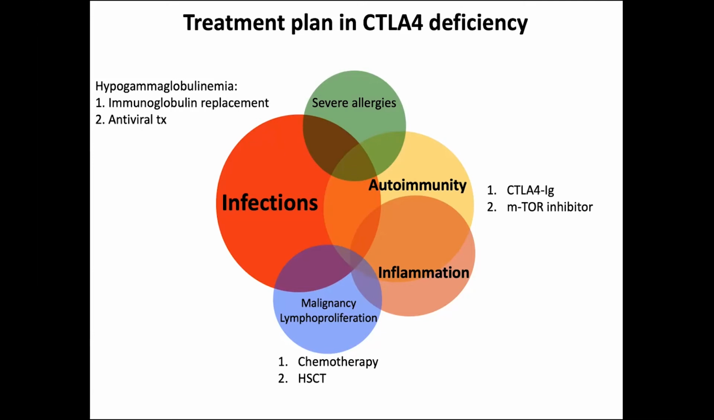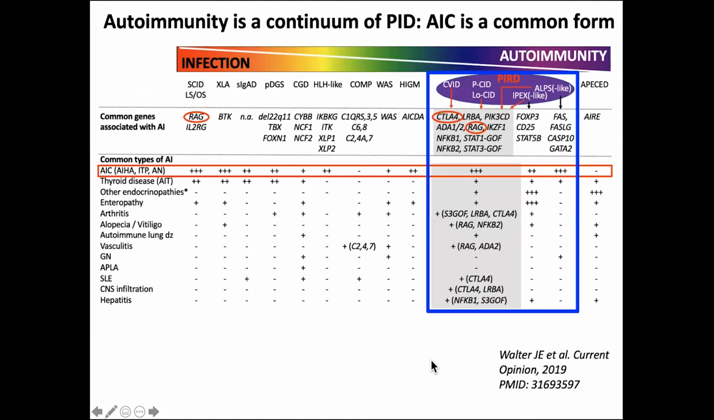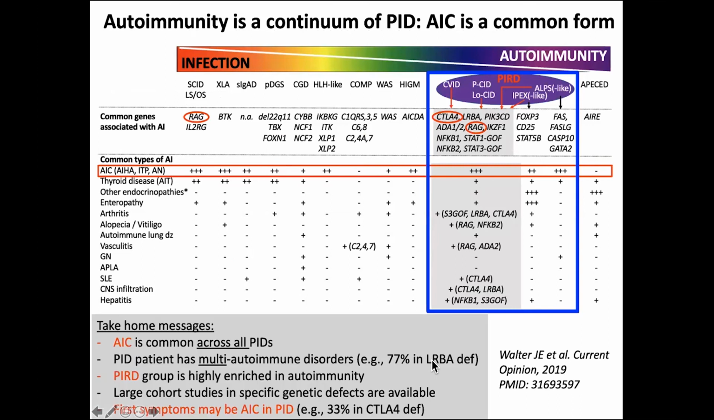And I do want to mention that, again, some of the patients who receive therapy can do only so much, and eventually they may have to receive bone marrow transplantation. And it's not uncommon that patients who have cytopenias actually evolve into malignancies, and that would be another indication for bone marrow transplantation. So my take-home message for this talk is that autoimmune cytopenia is quite common in all PIDs,